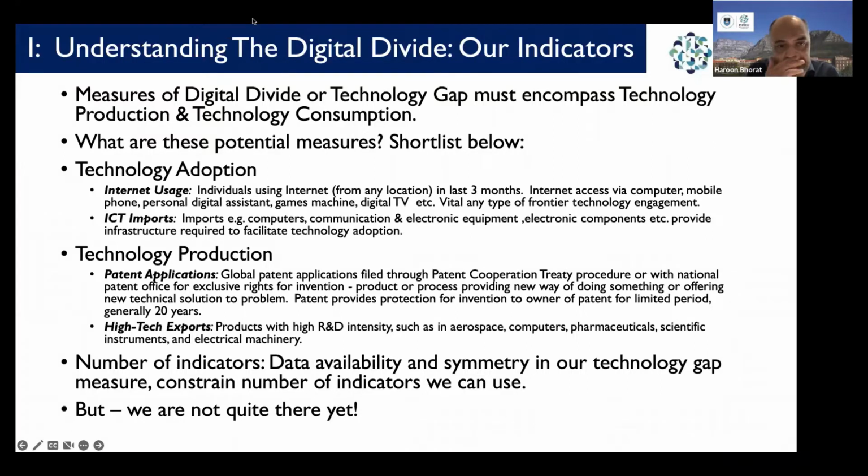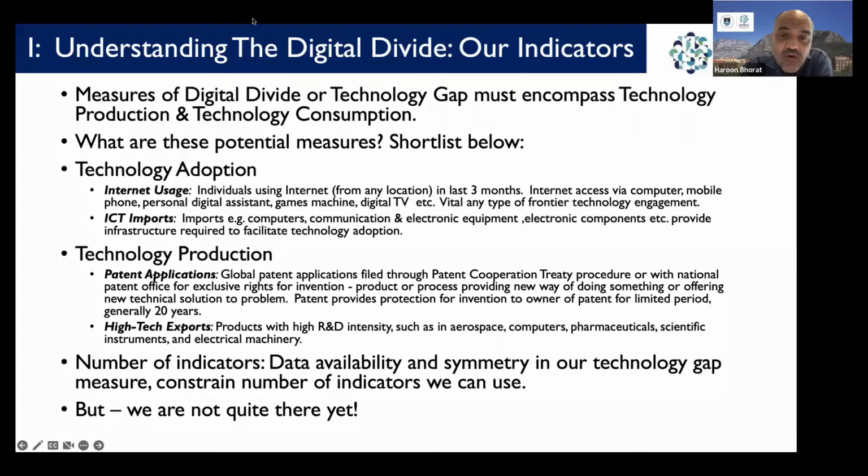And we know that patent applications have a very clear procedure and process, right? You've got to file them through a particular institution. And here we use the Patent Cooperation Treaty procedure, which is a global landing place for all patents that countries and residents of countries can lodge their patents with. And the data we have, again, going back 20 years, is from the World Bank, collated by the World Bank, but drawn from the treaty data,